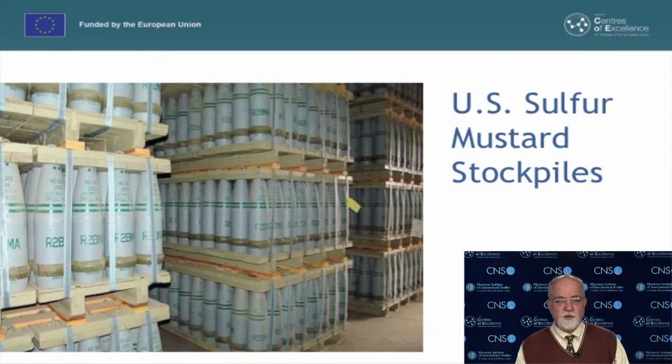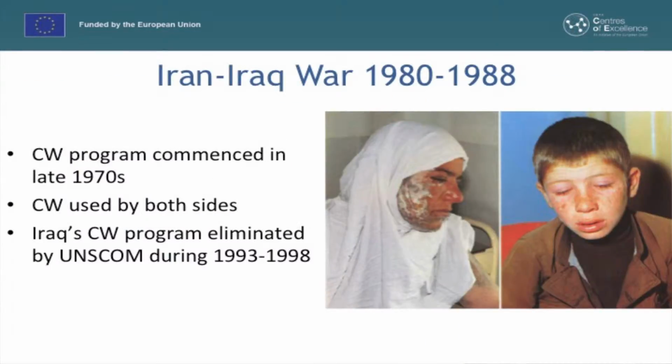Since World War I, chemical weapons have been the most widely used and most widely proliferated weapon of mass destruction. They have been used in major wars, smaller conflicts, and for terrorism. During the Cold War, chemical weapons were produced and stockpiled in great quantities by the United States and the USSR. Both developed nerve agents, including the highly potent V-series agents, such as VX. The United States also used chemical herbicides, such as Agent Orange, on a large scale during the Vietnam War.